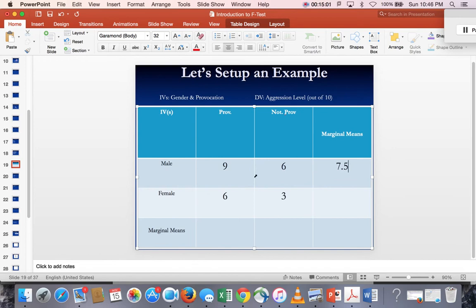So it doesn't matter that this number here was provoked and this number here was not provoked, because this number here cancels that idea out, saying we're going to meet right in the middle and assume that if it's just their aggression level, it doesn't matter what we're doing to them, this is what we would assume their aggression level would be. So here, that's the closest number that we can get to male performance, not including the other independent